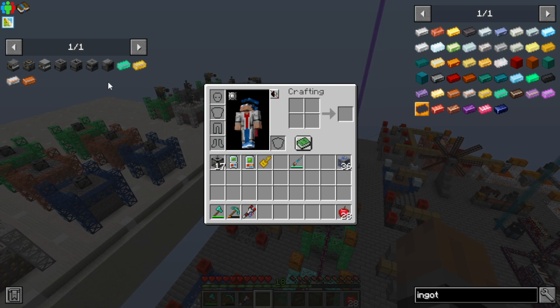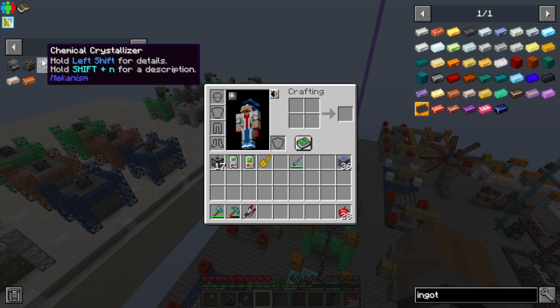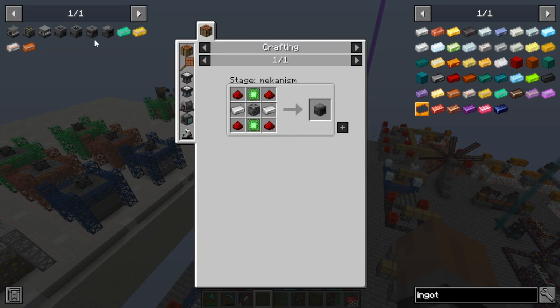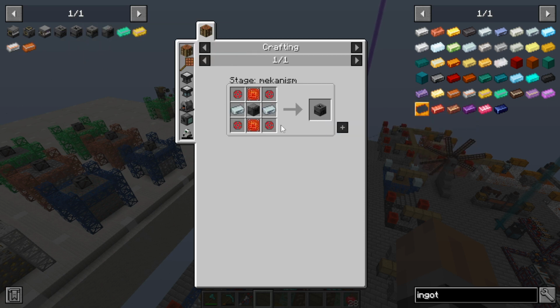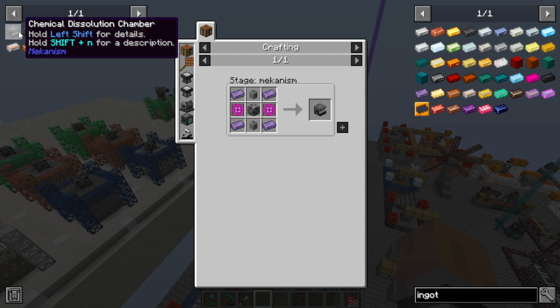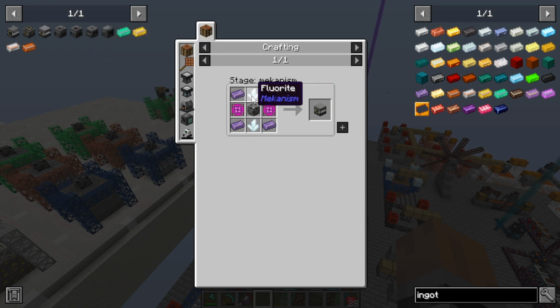But I need to go through the process. I need to go through the chemical dissolution chamber, through a chemical washer, through a chemical crystallizer, chemical injection chamber, purification chamber, crusher, and enrichment chamber. Now, these aren't too bad, right? The enrichment chamber, easy. Crusher, easy. Purification chamber, not bad. Chemical injection chamber, not bad. Chemical washer, still not bad. Chemical dissolution chamber, not bad. Chemical crystallizer,